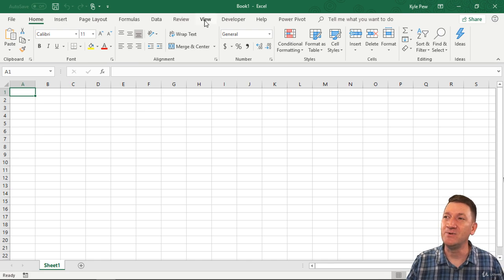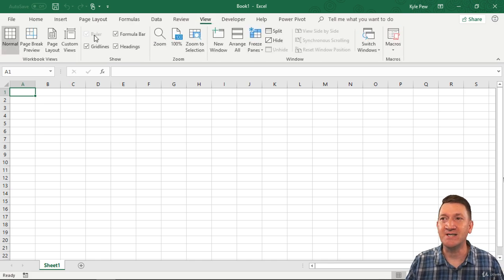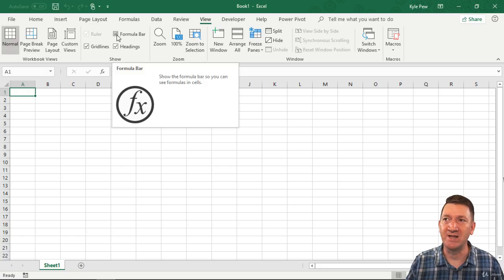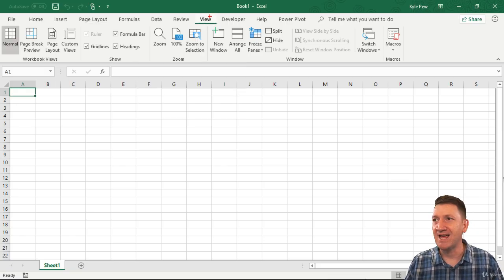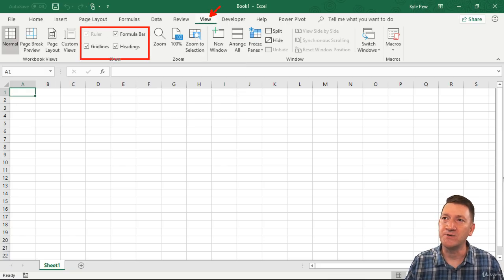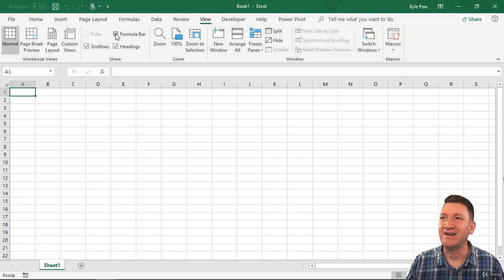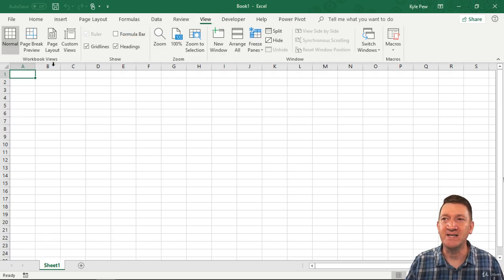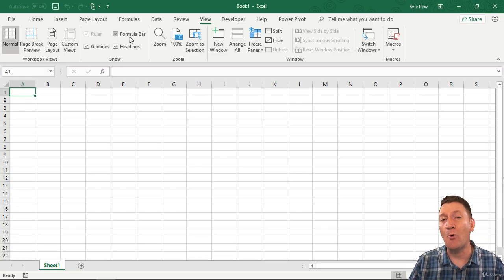If I go to my View tab, there's a series of check marks, and one of them is called the formula bar. So it's your View tab at the top. Then I've got this Show section, and I've got Formula Bar. So if I go ahead and uncheck Formula Bar, you'll see that that bar goes away. I'll turn it back on. It's a very important toolbar for us to use, so I recommend leaving it on, but it does take up a bit of space on your screen,